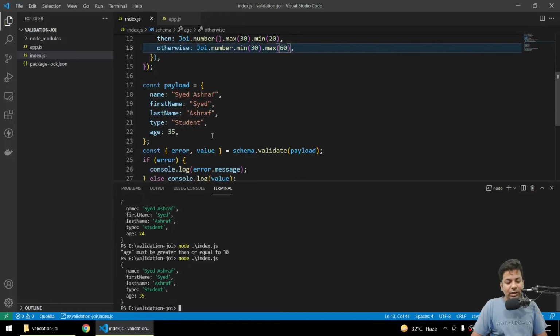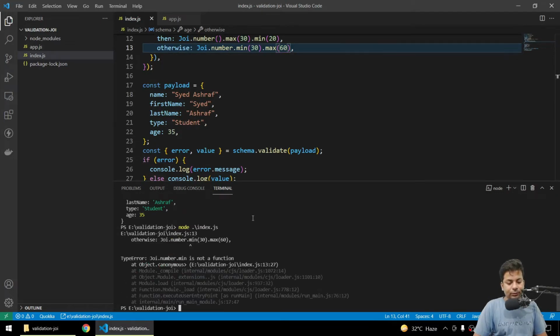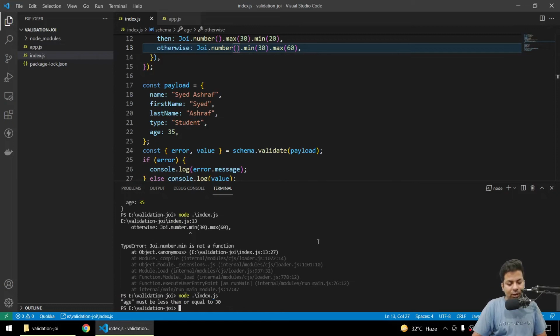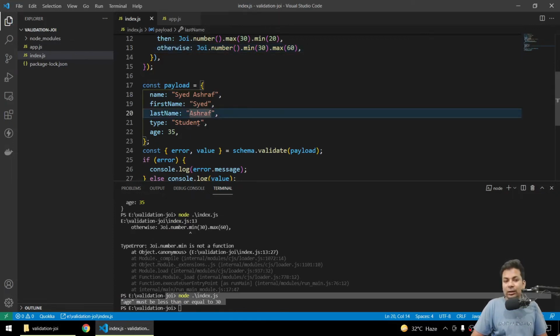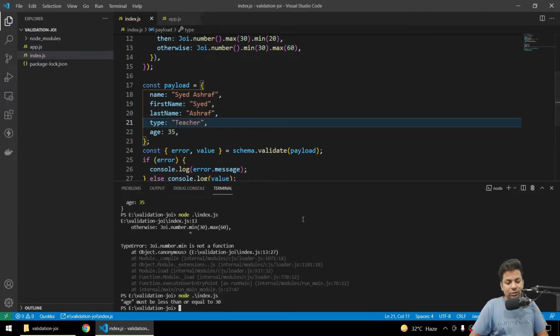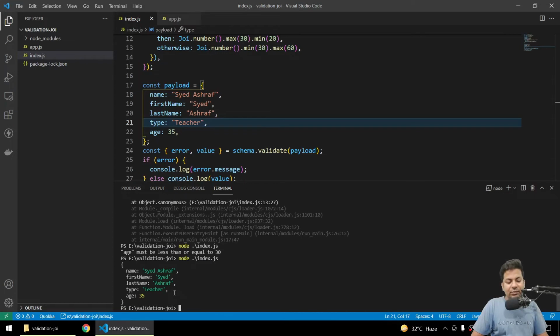So now if I send the data, I'm a student, I'm sending 35. Joi number, okay, I forgot something like this. See, age must be less than or equal to 30. You are a student, you can't register. If I become a teacher with the same age, I'll say I'm a teacher, I'm acceptable, data passed.